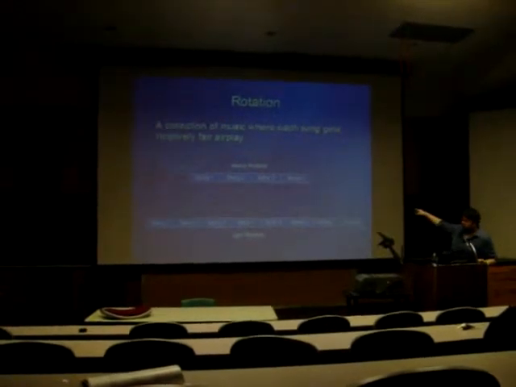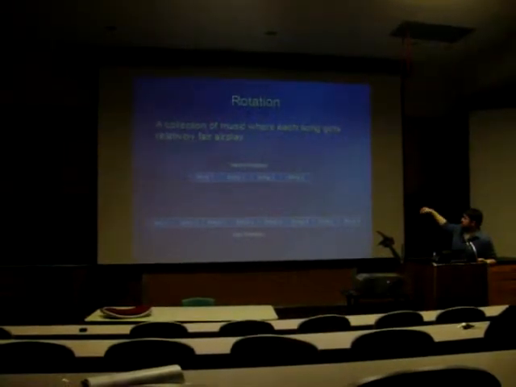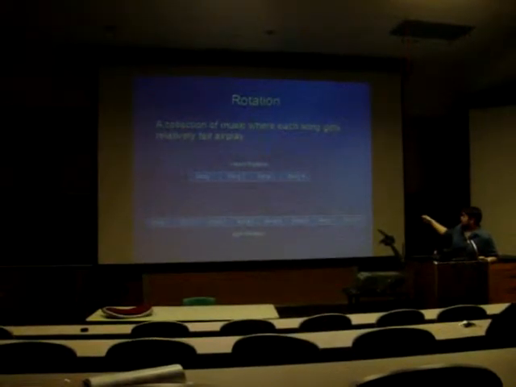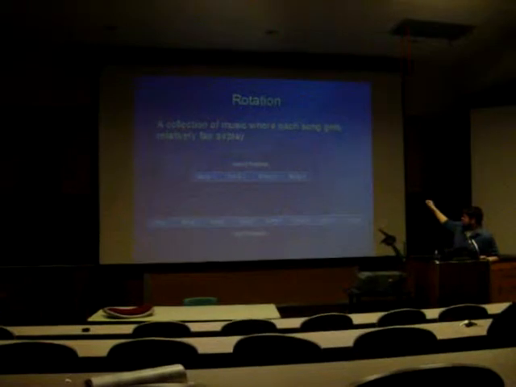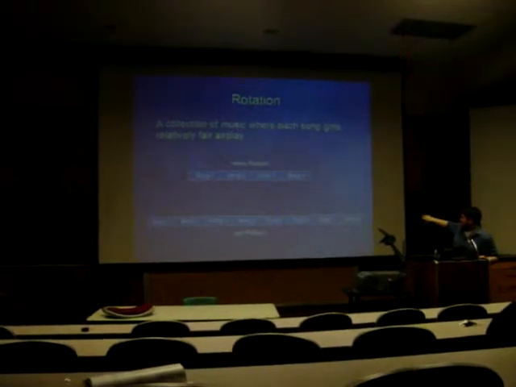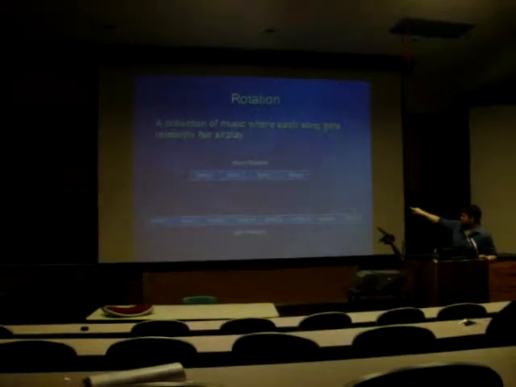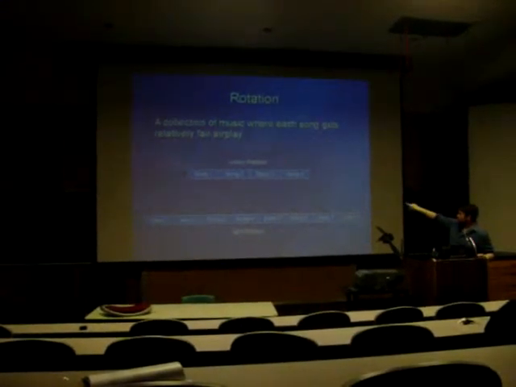The top one's the heavy rotation, and the idea of heavy is you want that music to play more. And the light rotation, you want that stuff to play less than the heavy rotation. So this is just a map of how it works. And then when it gets to the end, it randomizes the list again and goes back and starts the whole